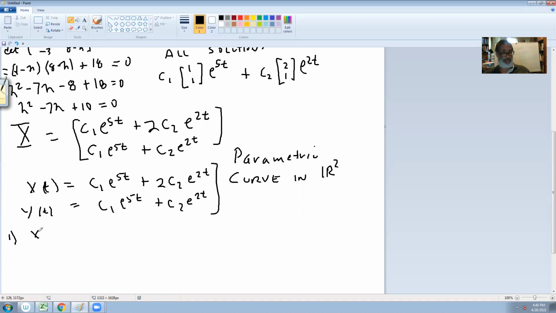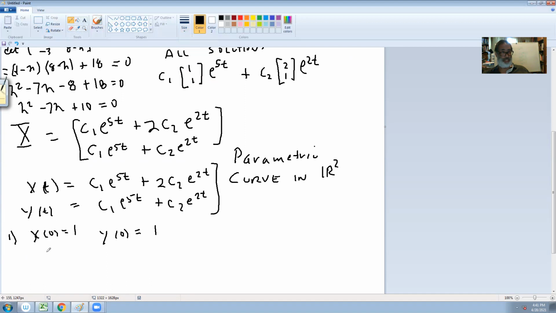Suppose we have the initial condition, x of 0 is 0 and y of 0... I didn't want 0. I wanted a 1 here. So I think I'll just rub that out, put a 1 there. Okay. Well, then this enables us to solve for our